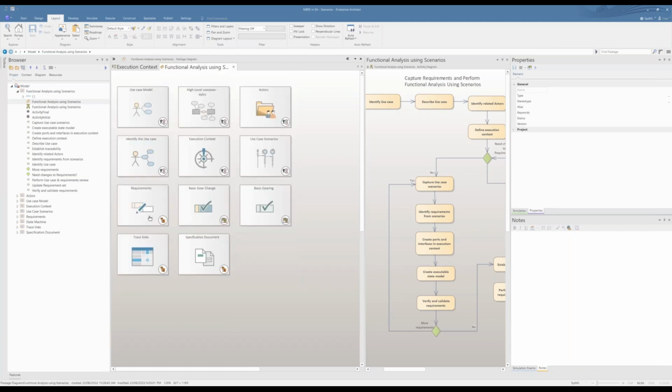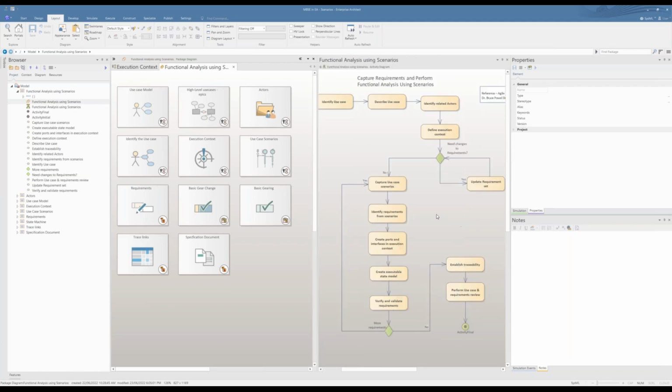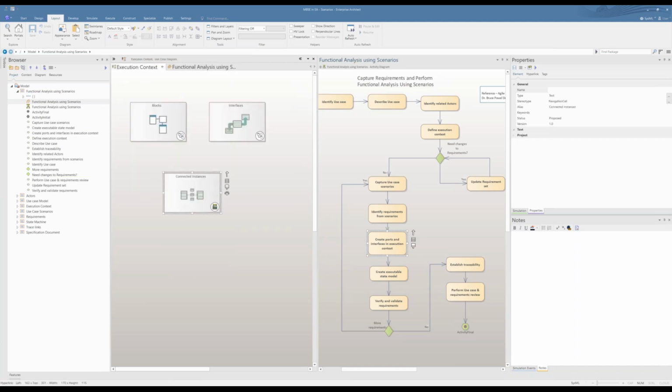So once we identify the requirements from these interactions, I will open this for you. So identify requirements from the scenarios. We have come down to this step. So now we create the ports and interfaces in the execution context. So basically what happens is